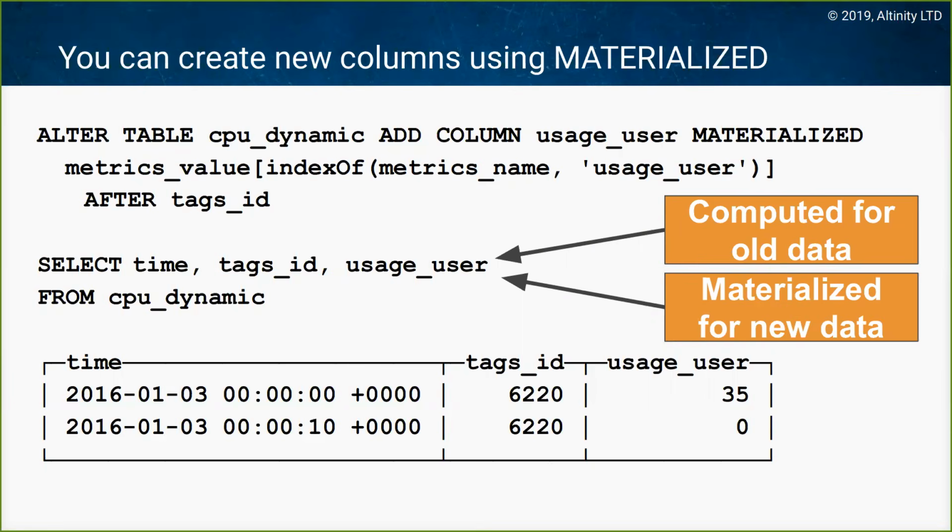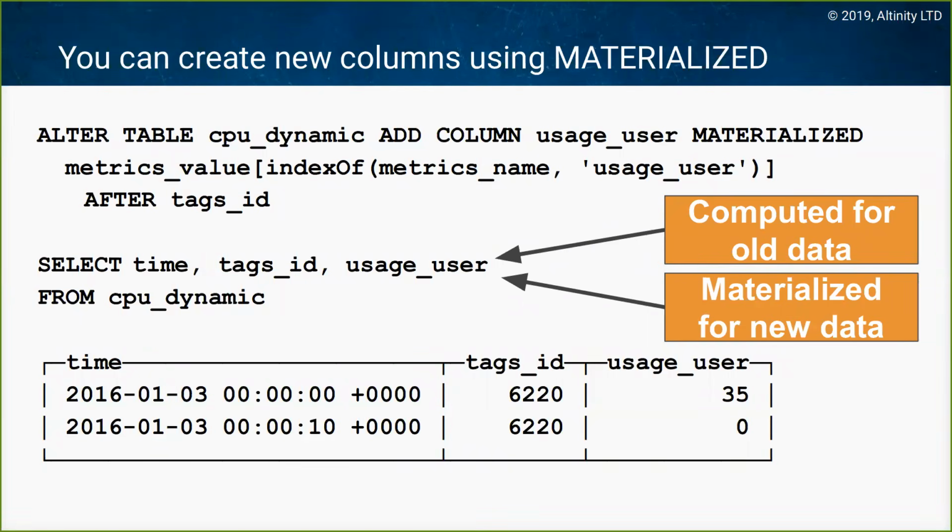When you run this command, it just changes table metadata. So if you already have a bunch of data loaded, it actually makes no difference to the organization of the data. And what will happen is when we run the query over the old data, ClickHouse will just recognize that value doesn't exist in the table, and it will compute it automatically using the formula that we just gave in the